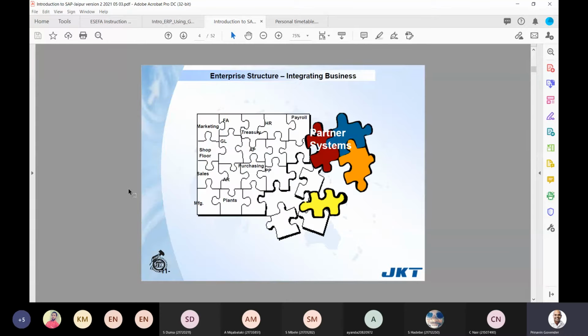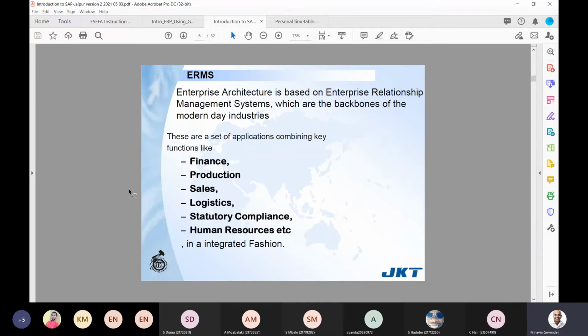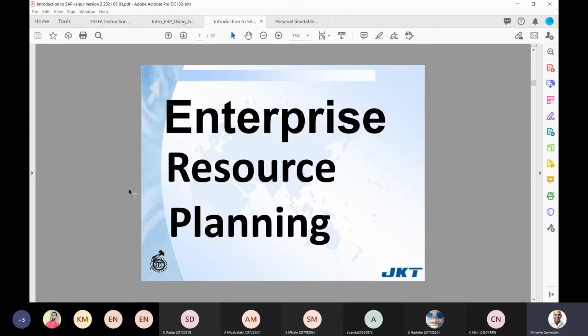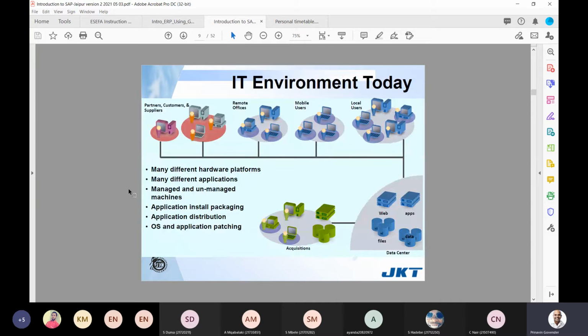Where does the ERP fit in? The benefits of ERP systems, I've done that with you. Enterprise resource management systems: finance, production, sales, logistics, and HR. What is ERP? Enterprise resource planning. The IT environment. Now, the reason why we have to use this remote access is that different customers, different institutions